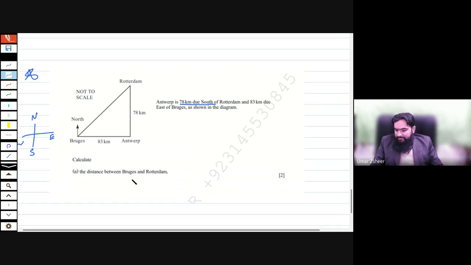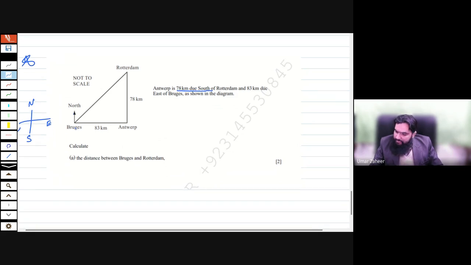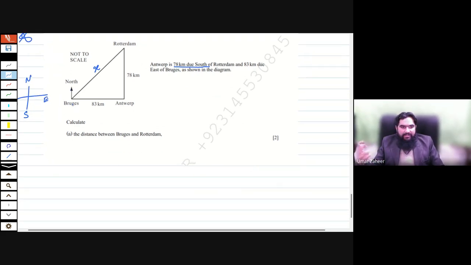You have to find the distance between Burgess and Rotterdam. This is the distance between them. Now look at here. We have two sides given and we have to find the third one. It is a right angle triangle. We have two options: trigonometric ratios or Pythagoras theorem. The two sides are given, so I have to go for Pythagoras theorem, and the Pythagoras